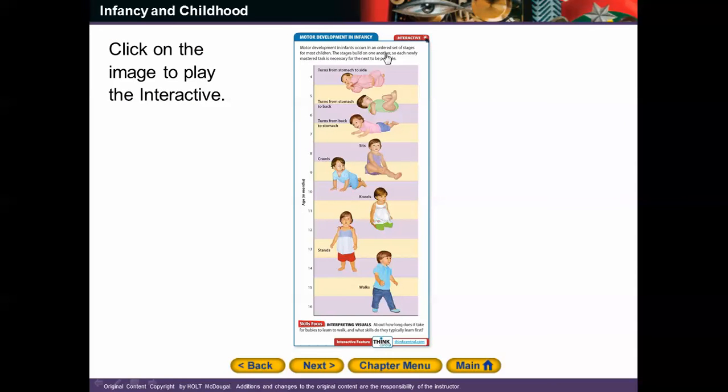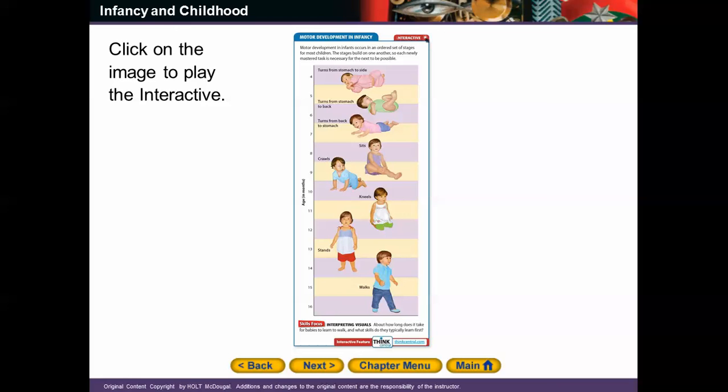So this is a good chart showing motor development. Like I said, newborns can see at first, but their vision is blurry, and by 4 months they can group objects according to shape. By 7 months they can perceive depth. Hearing also takes some time to develop fully. Infants' muscles and brains develop.